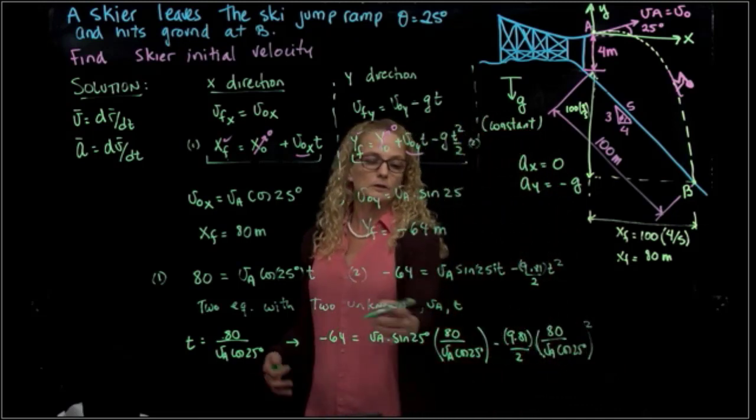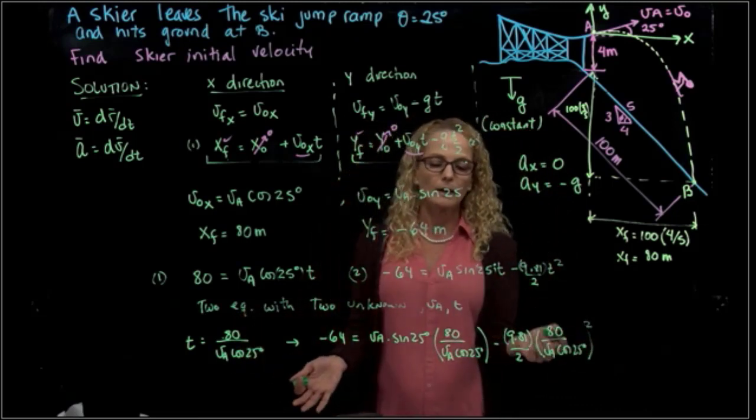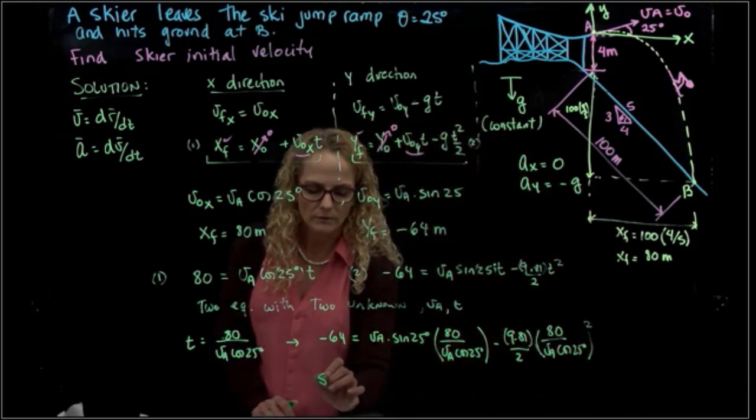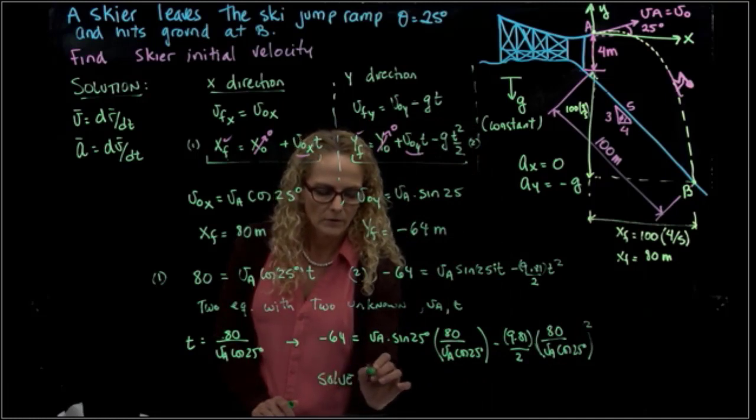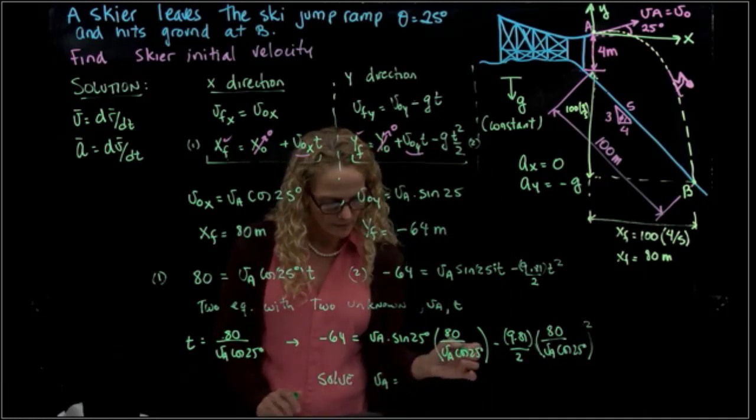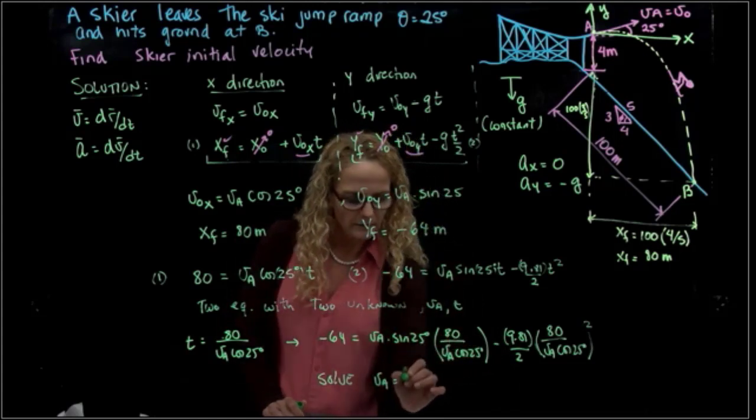So here I have an expression with the only unknown being VA, and then I solve for velocity at A, which is what I am asked to find,